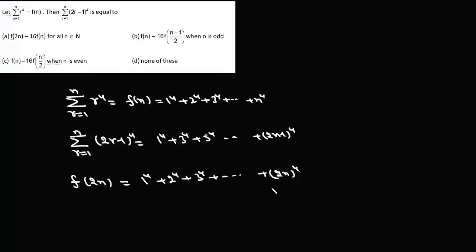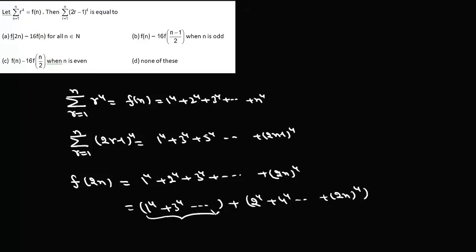Now here again we separate even and odd terms. So we write odd terms together, 1 to the power 4 plus 3 to the power 4, and plus we'll have 2 to the power 4 plus 4 to the power 4 up to (2n) to the power 4. Now this is the required summation that we need. So we can write